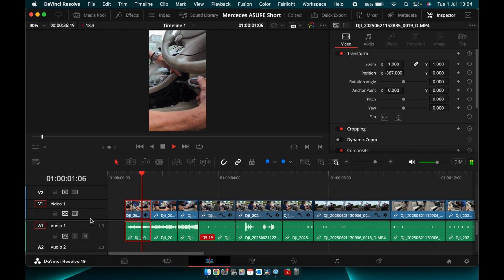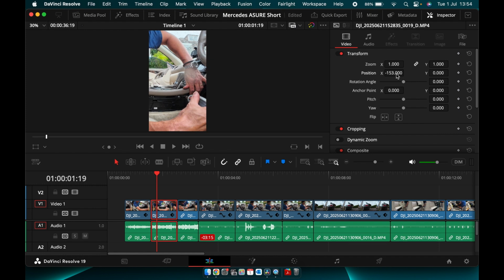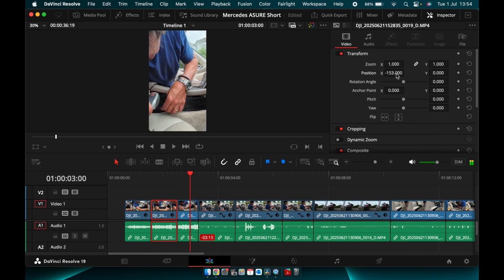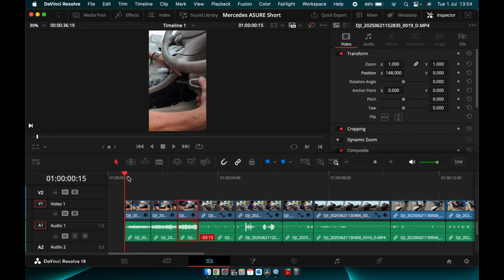Press play. Next one, you can see that the detail's off the center of the screen, so let's move that over. That's fine. And then that one there, that could be a little bit more in the center as well. We'll move that there. So now when I press those three individual clips,